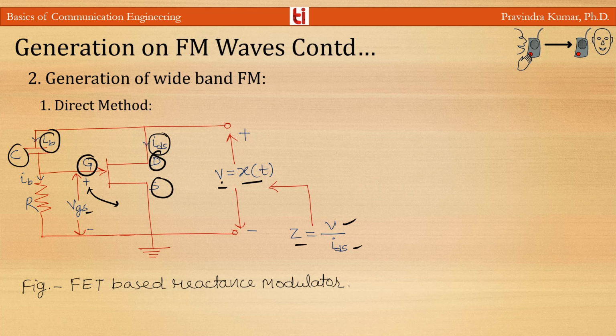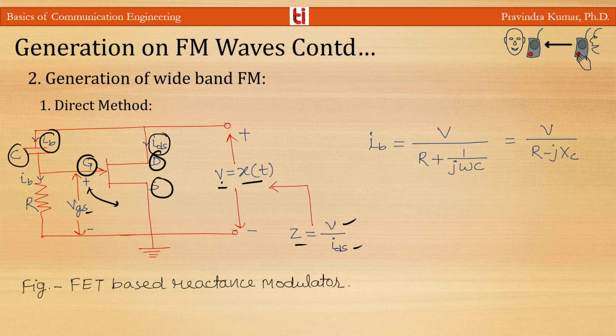So from here we find that the base current IB will be V/(R + 1/(jωC)), or V/(R − jXC), and the VGS voltage in gate source